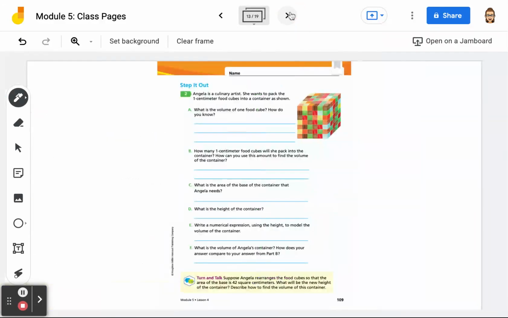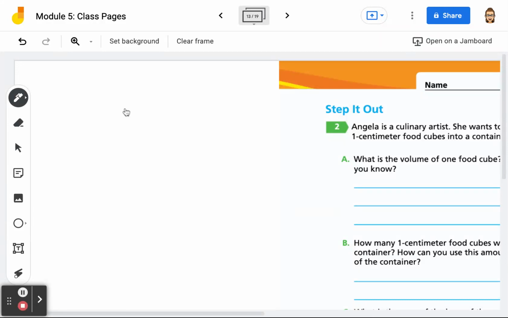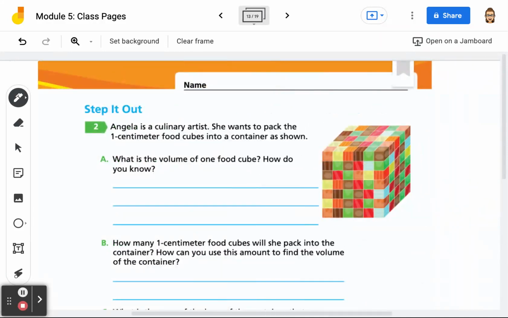So then if we go to the next page, it says Angela is a culinary artist. She wants to pack the 1 centimeter food cubes into a container as shown. What is the volume of the 1 food cube and how do you know? Well, it's just asking about one of the cubes here, the volume of 1 food cube. It says that they're a centimeter, so that means it'd be 1 centimeter cubed